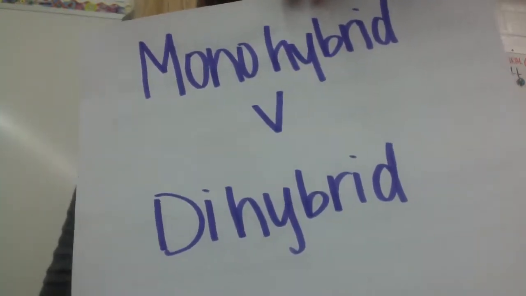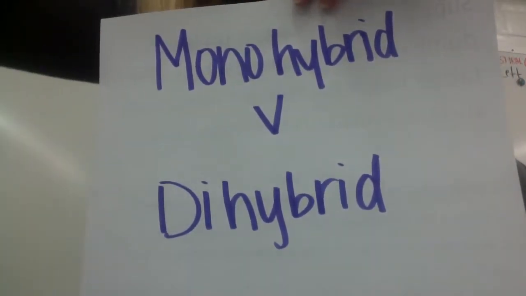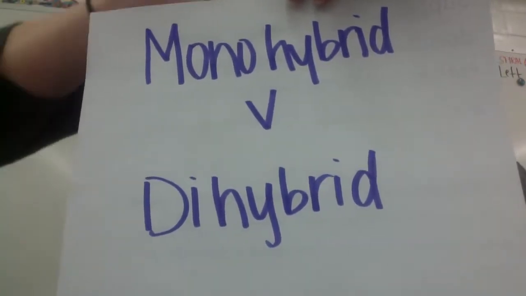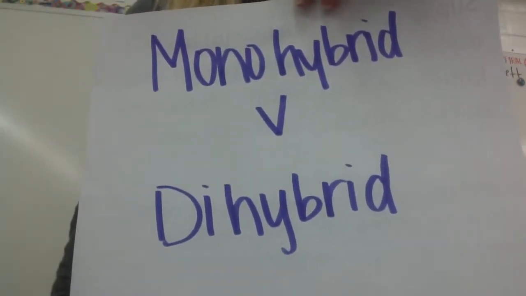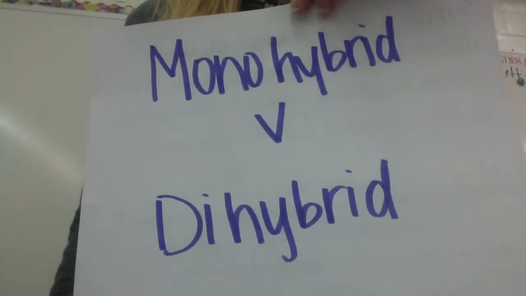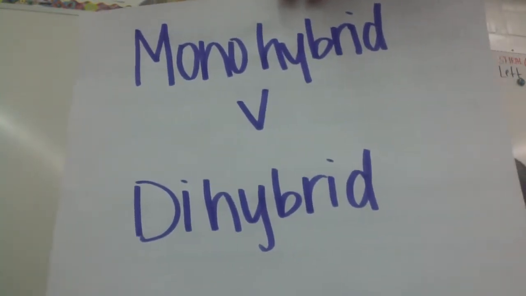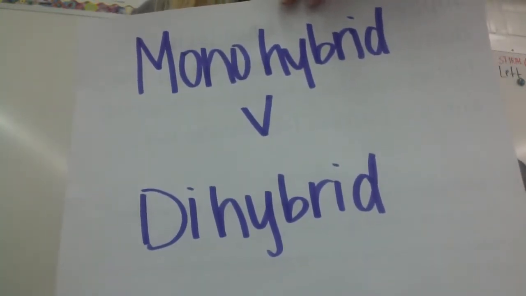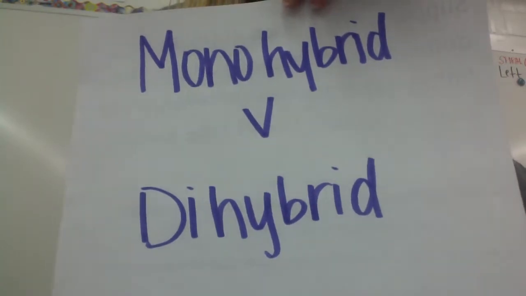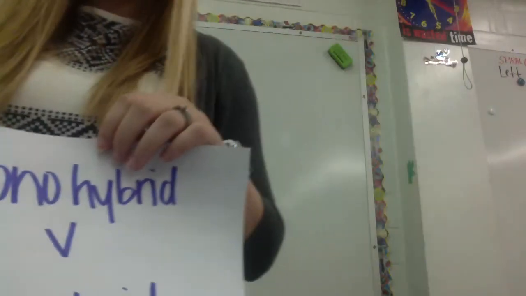Today's the day, students. We're comparing and contrasting monohybrid and dihybrid crosses. Remember, mono means one, therefore we will be looking at one trait. Di means two, we will be looking at two traits. So the first problem we are going to look at is